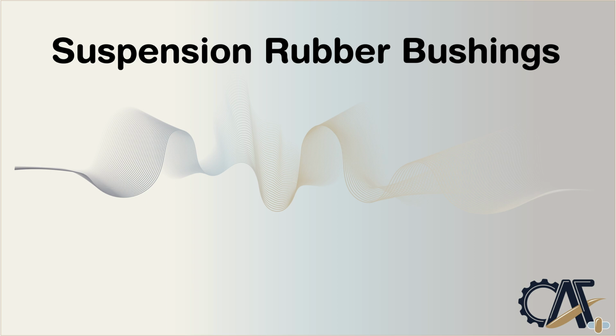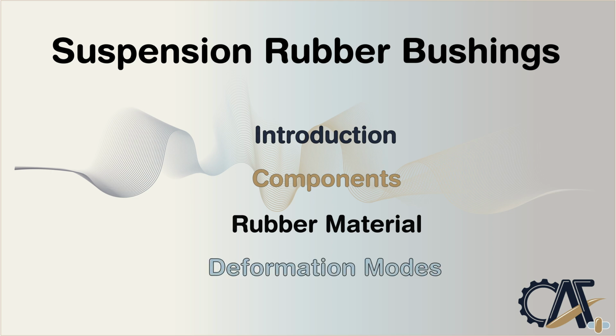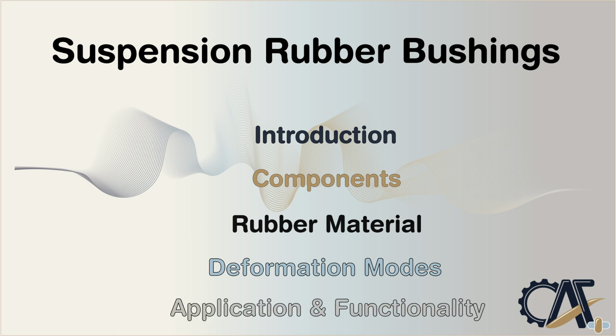In this video, we will introduce you to suspension rubber bushings. First, we will have a quick introduction to them. Then, we will break down a cylindrical rubber bushing by its components, as it is necessary to outline the basics of rubber material characteristics to understand the function of a rubber bushing. We will cover a few definitions. Then we will outline the deformation modes of a rubber bushing and demonstrate each mode with animation. Finally, we will assemble a rubber bushing into a truck suspension system to demonstrate its application and functionality in a